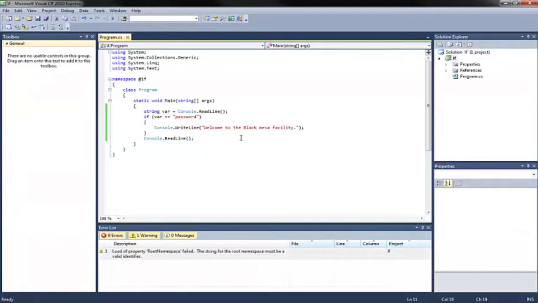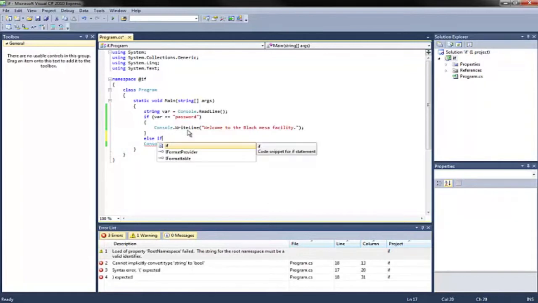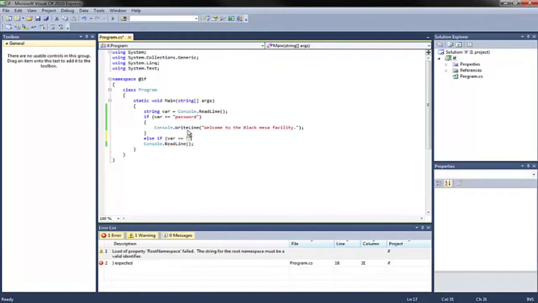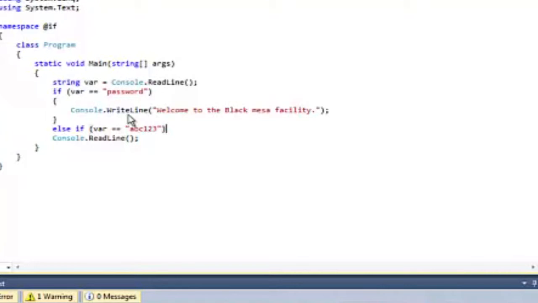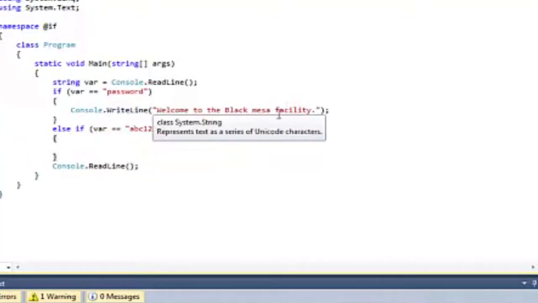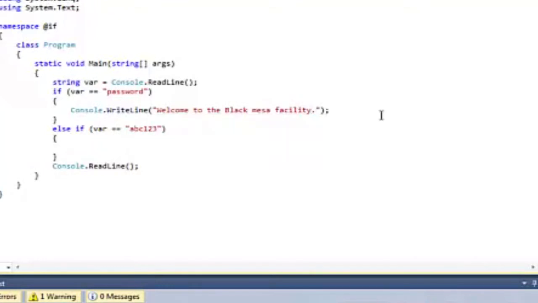So if you want more than one if sentence, you're going to type this, else if, and then we're just going to type in var equals equals, and then we're going to type in ABC123. So this is good for like multi-users if you ever create an OS or something. So if we put this one,